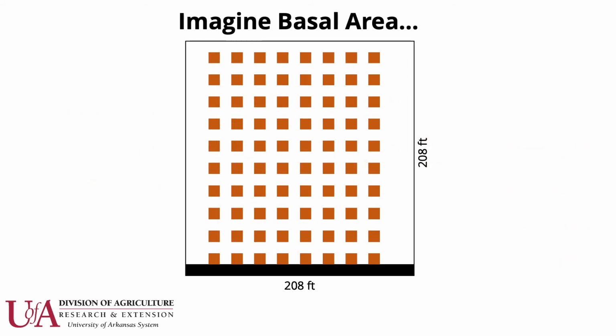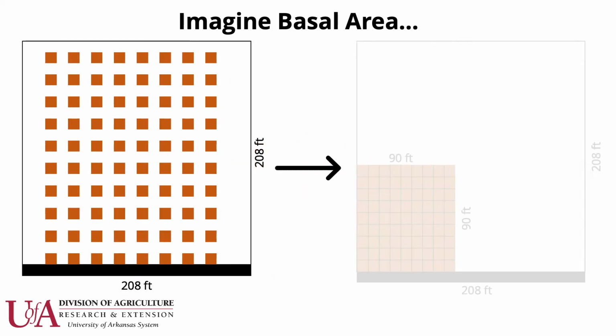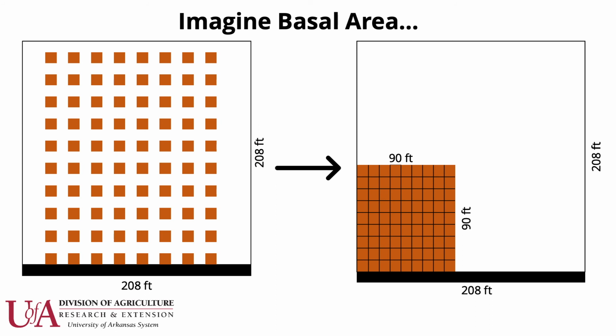Regardless of what the cross-section looks like, you can take all of those areas occupied by those woody stems and condense them into a square inside the square acre. This is a great visual representation of basal area. The stand that we are currently working in has 90 square foot of basal area. So you draw a square with all 4 sides, a length of 90 foot inside your 208 by 208 foot acre.